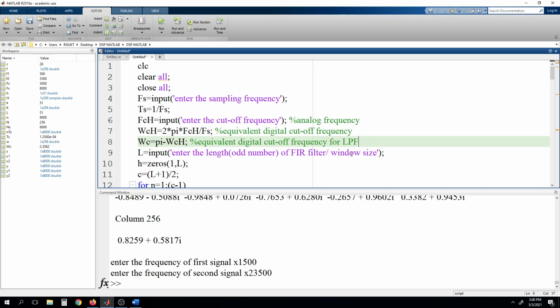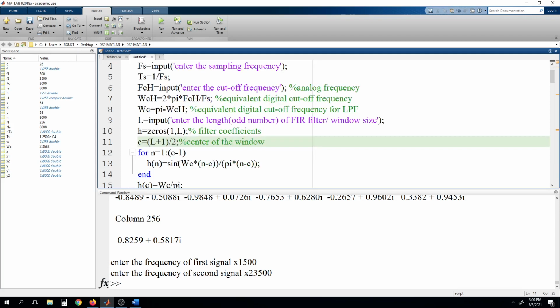And then this will remain the same here. This will be the filter coefficient, for filter coefficients, right? And C we are using as per the center of the window. Center of the window, and then here we will be writing the impulse response of the low pass filter, and we are assigning it to the filter coefficient. So this is sine omega n by pi n. Okay,